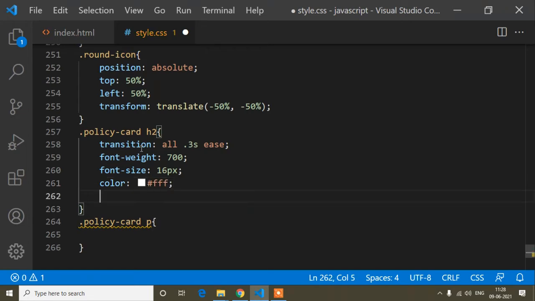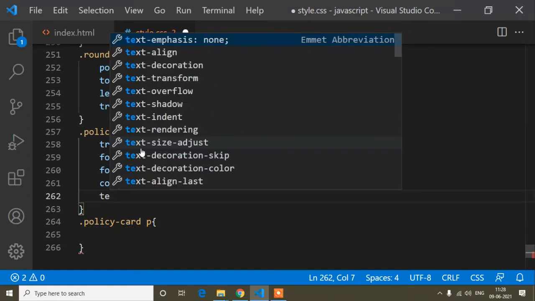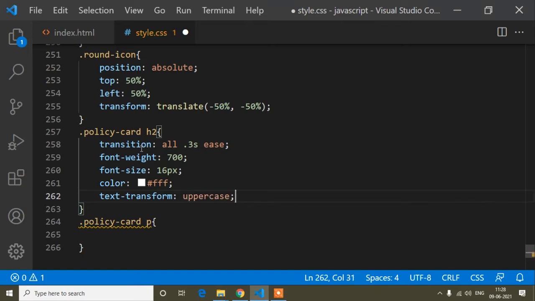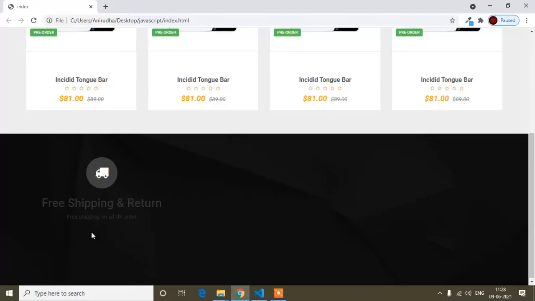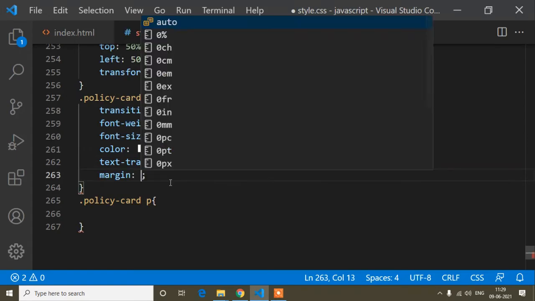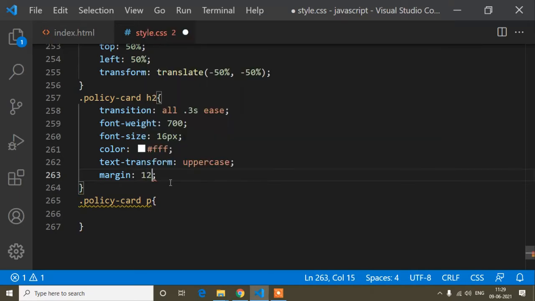This triple F is the color code for white. And now text transform is uppercase. Okay, so guys, here you can see the first letter is capital and after that the letters are small. If I write uppercase, all the letters will be capital, so that's why uppercase. And now margin, so margin will be 12 pixels 0 and 5 pixels.